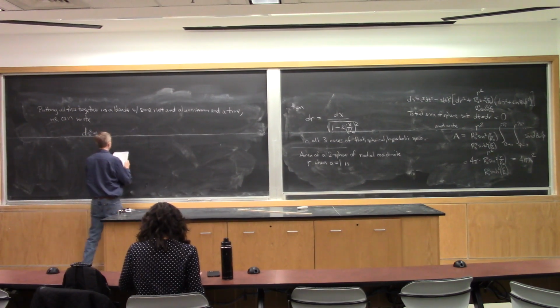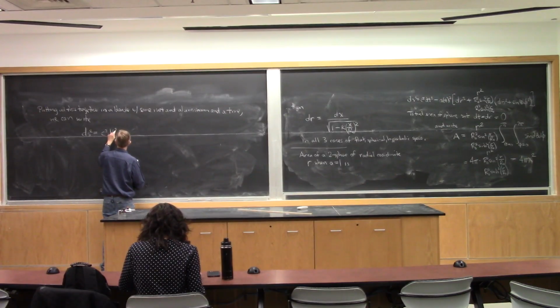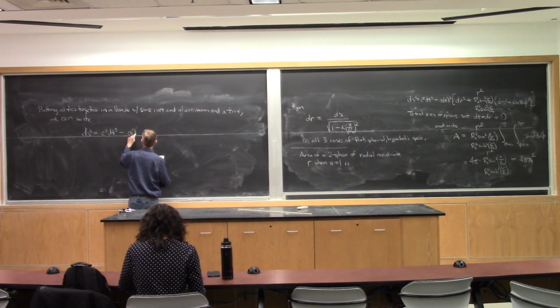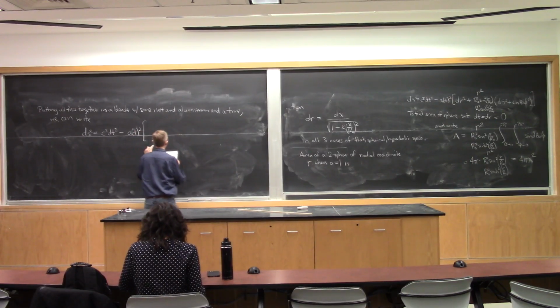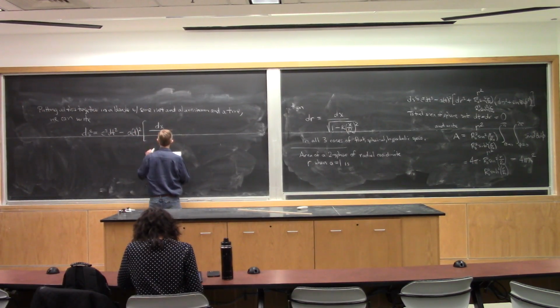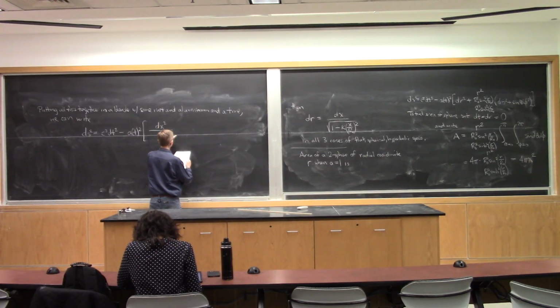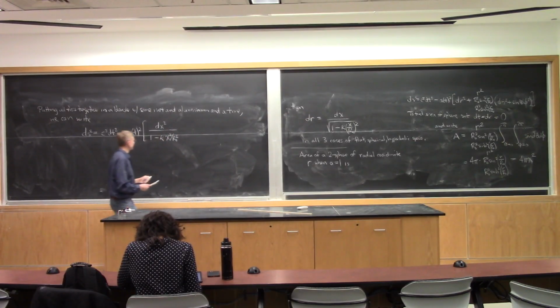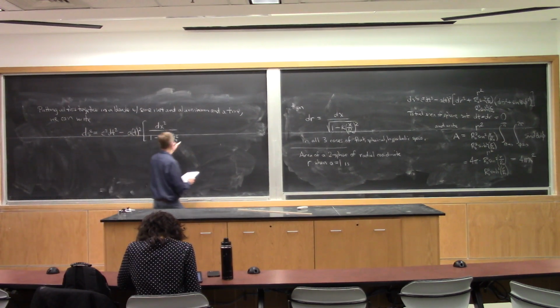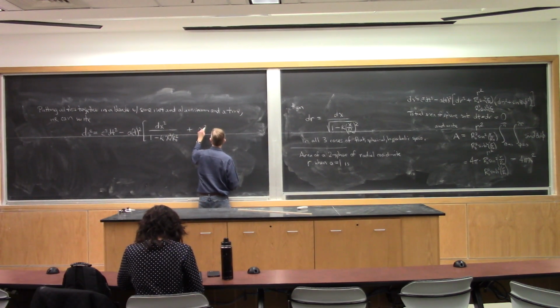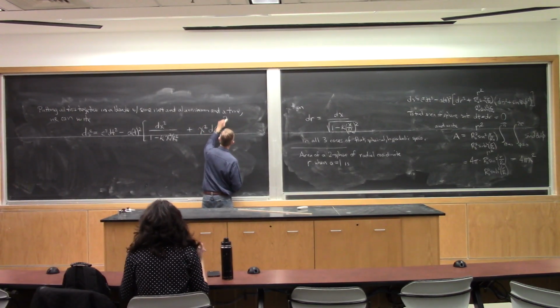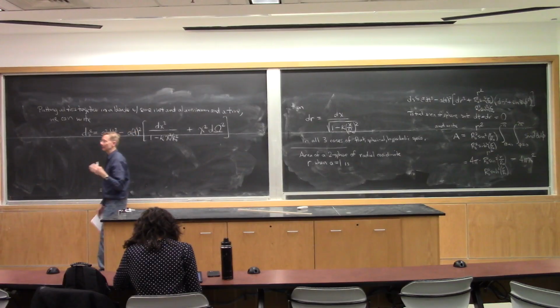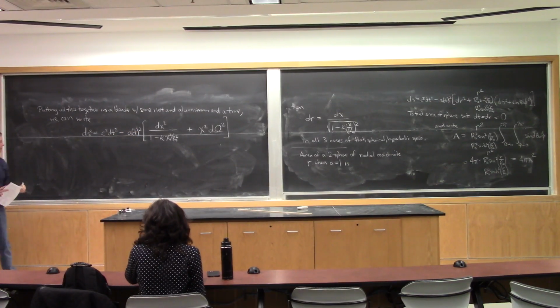We can write ds squared is equal to c squared dt squared minus a of t squared times, so our dr squared becomes dx squared over 1 minus kappa times x squared over r naught squared. So that's the piece we developed from the dr and dx relationship, plus x squared d omega squared, where d omega squared is just our notation to save time, d theta squared plus sine squared theta d phi squared,